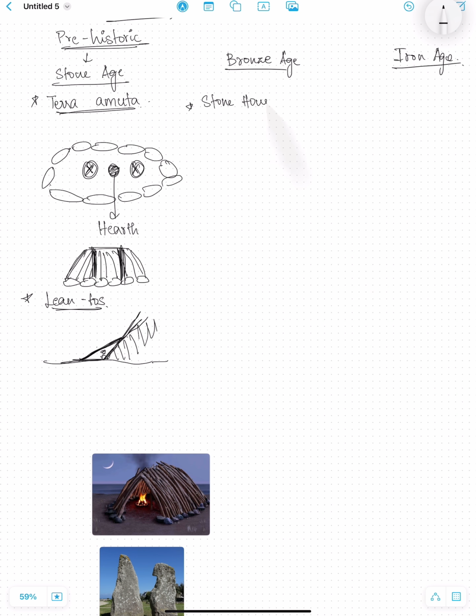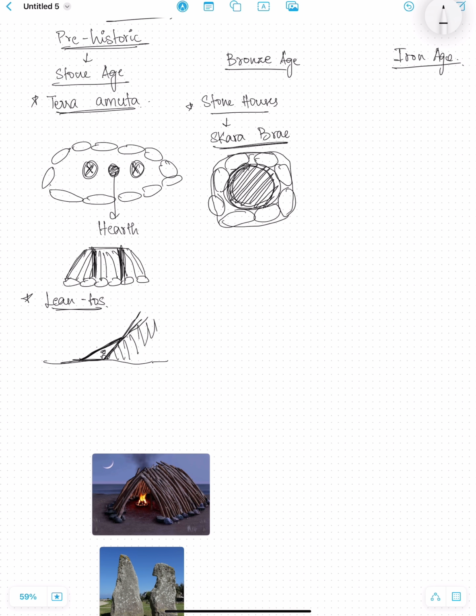This was famous in Skara Brae. These were circular in plan, but they had huge stones forming a cavity, providing insulation for the houses, and the stones were roughly squared and shaped. So this was stone houses. They had timber houses,